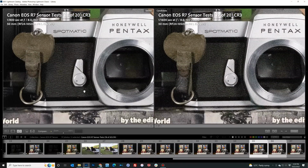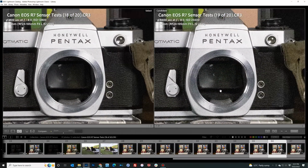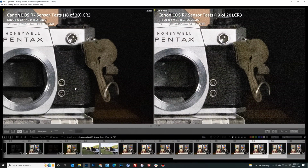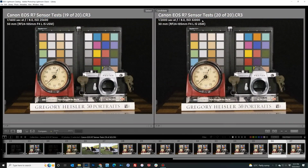If we jump in and take a look at color swatches, you can see the noise pattern is rougher. And then if we look down towards here, just in general, you can see that the shadows are really starting to lift due to the way that the noise is rendering there. And so you're starting to lose contrast in a pretty noticeable way. Now, in theory, there is another third stop available up to ISO 3200 in the normal range, not the expanded range, but you can see that even in that bit from 25,600 to